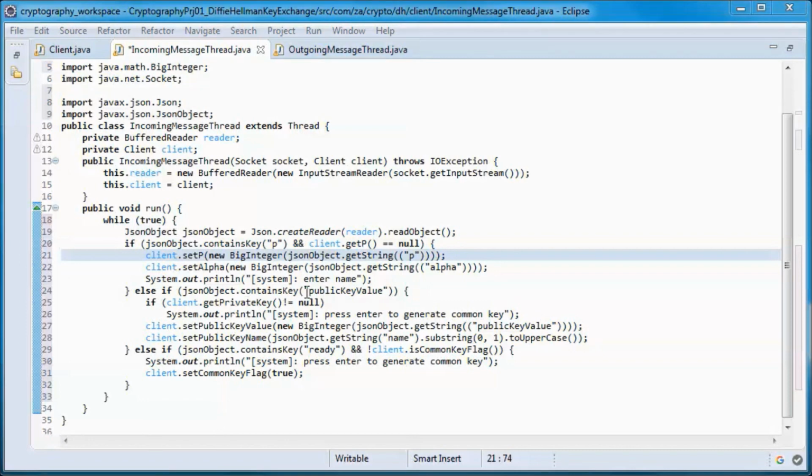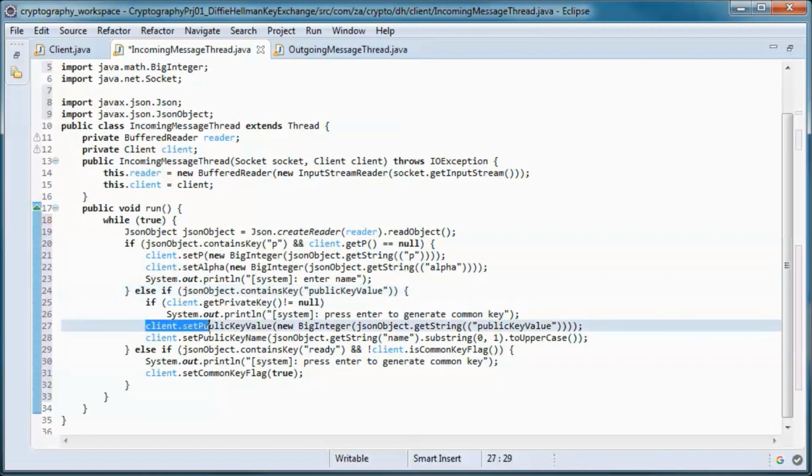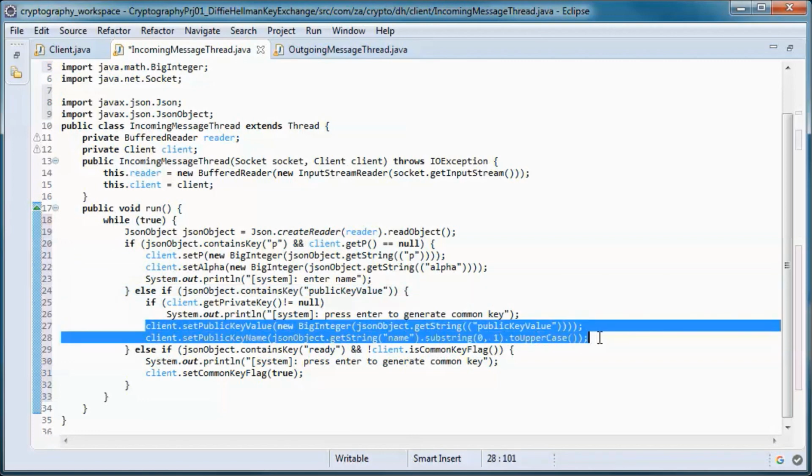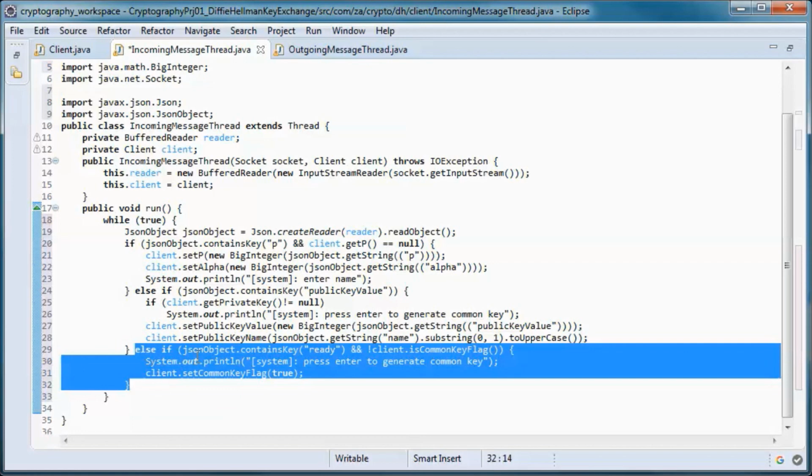Otherwise, if it contains the public key, then we set that public key name and value in the client also. And this handles the common key.